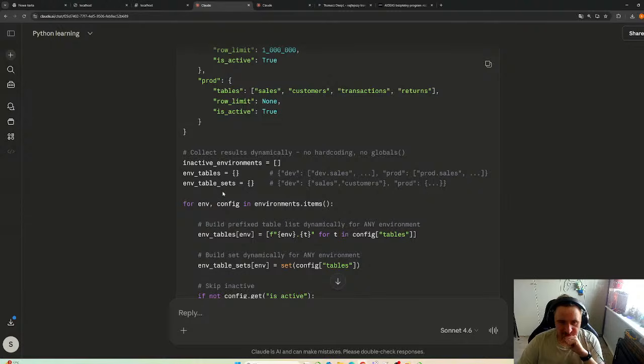So for environment config in environment, we are env tables. So okay, so we are injecting into the dictionary, which key is the name of the environment, list,